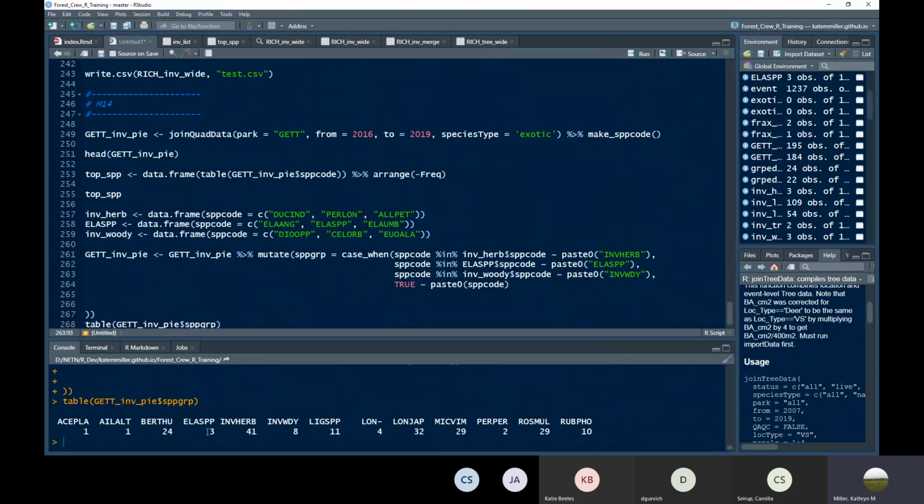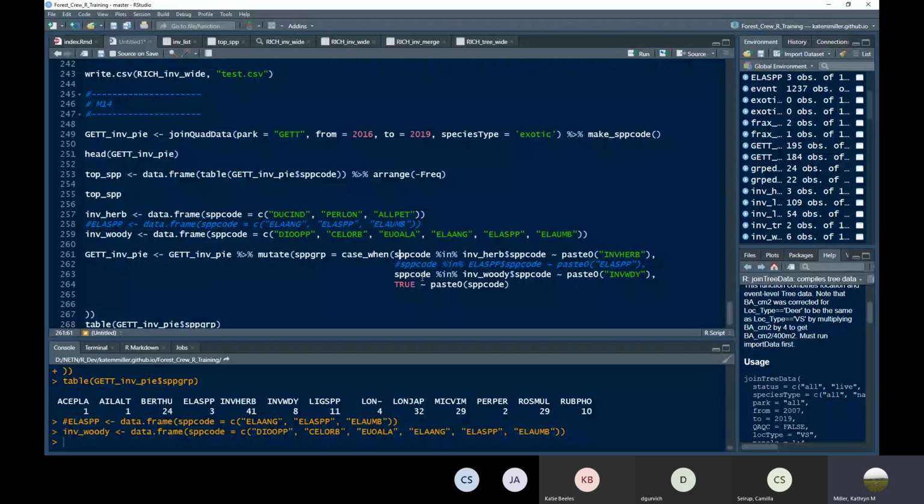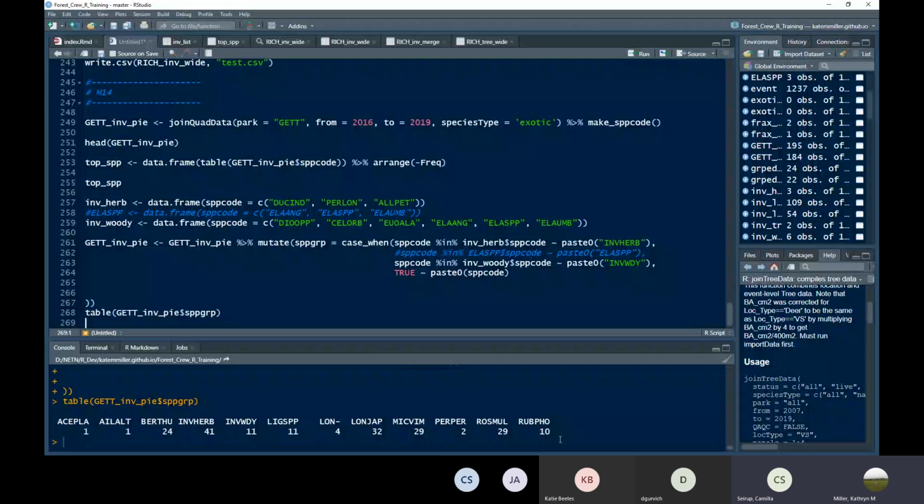So let's do that. There's still like 13. So I don't know, Camilla, do you think putting Norway maple and Ailanthus together is good,